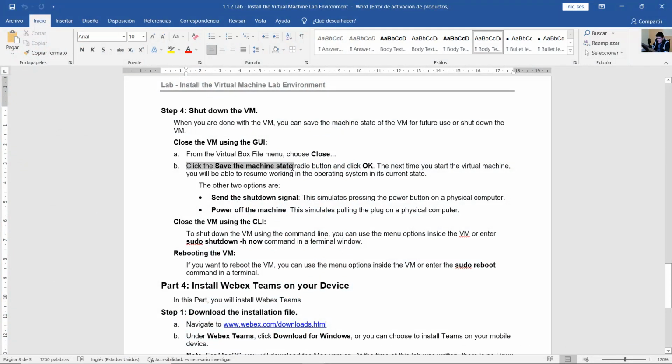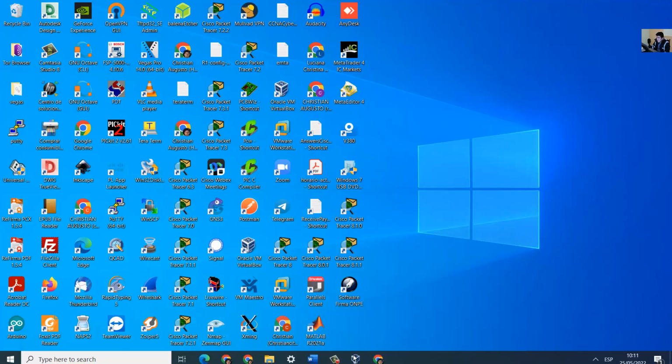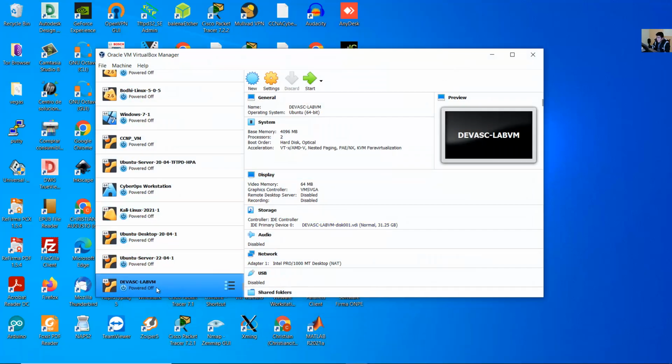Save the machine state. Okay, this is optional. Okay, and don't worry about this part. This is optional. Okay, and once the virtual machine is powered off,